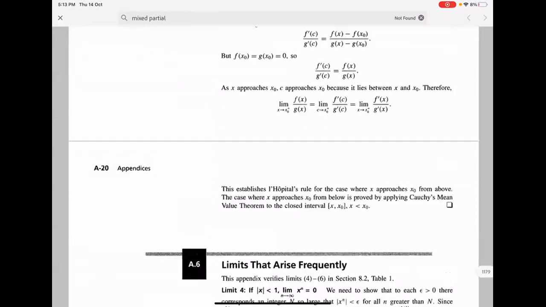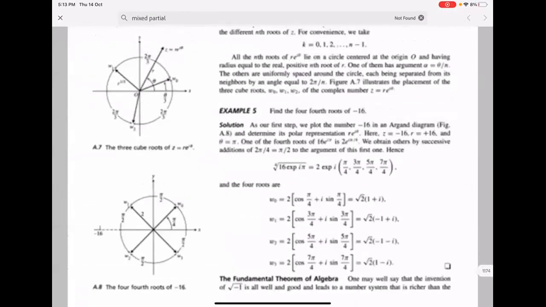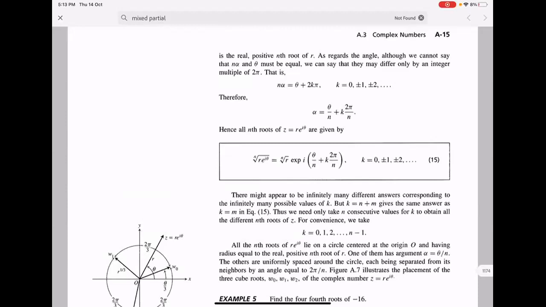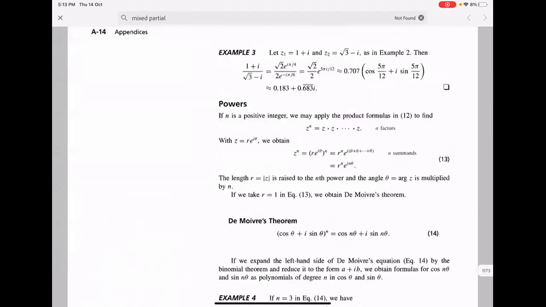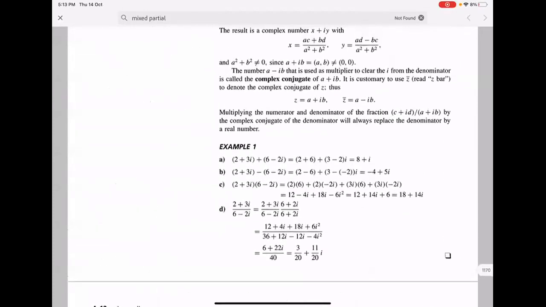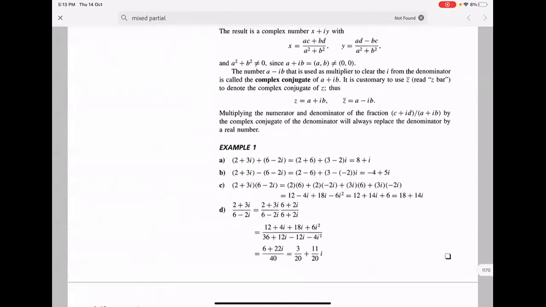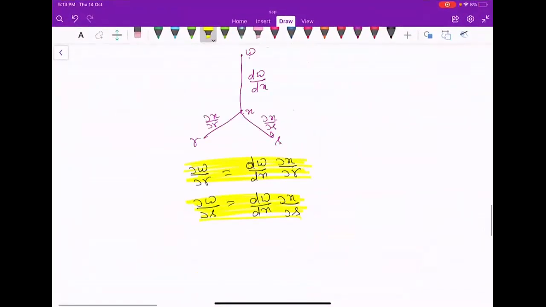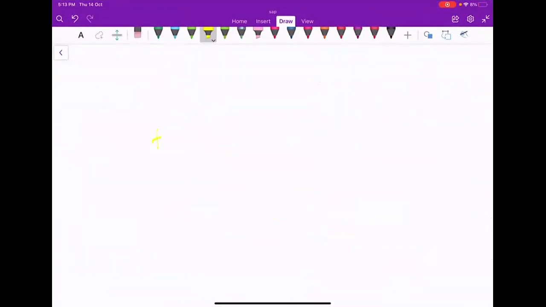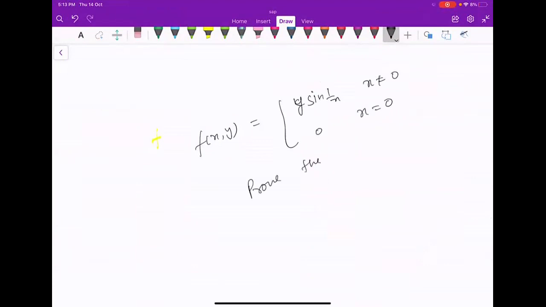Okay, ma'am. One more thing, somebody asked a question from that exercise, maybe another question. Sandwich theorem is not in your syllabus. Somebody was asking the question, y sin 1 by x. I'm just telling you, there is a topic, somebody asked me this question: y sin 1 by x for x not equal to 0, and 0 for x equal to 0. Prove the continuity. Prove the continuity.